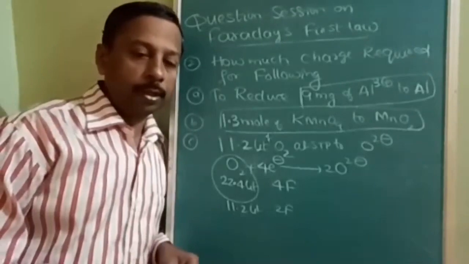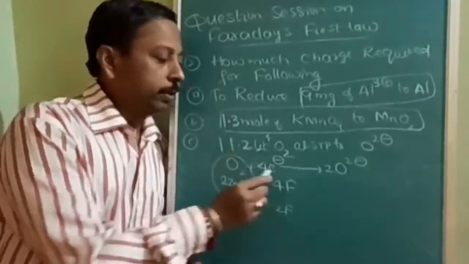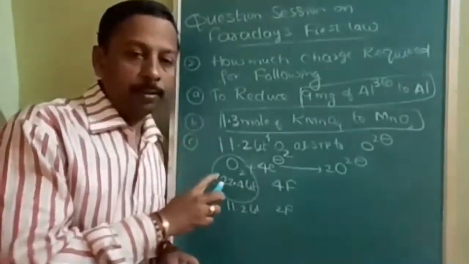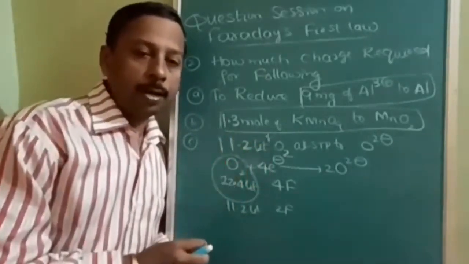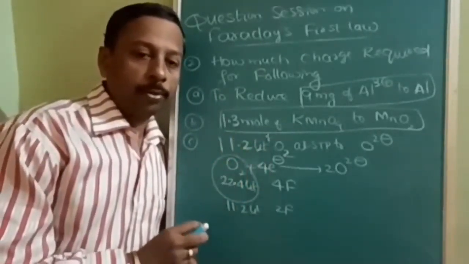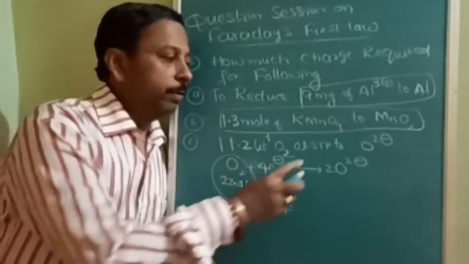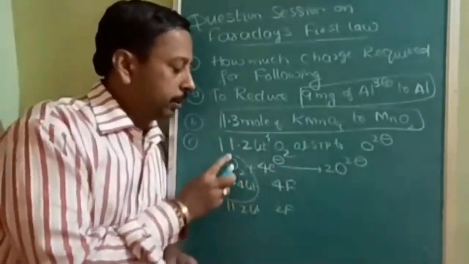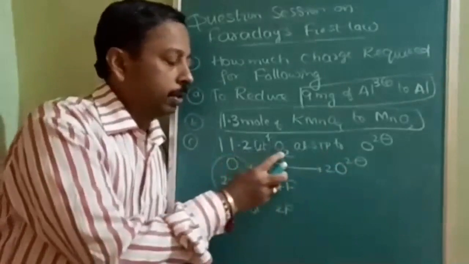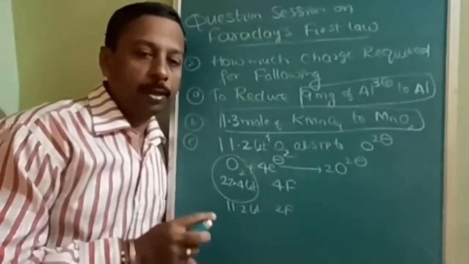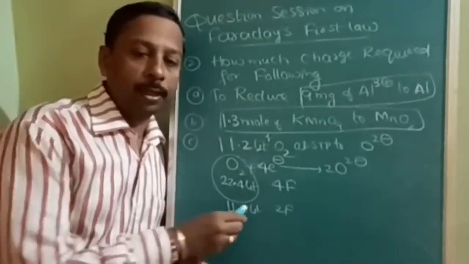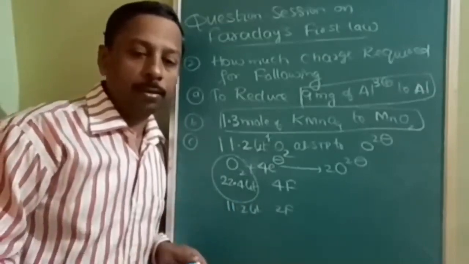If you want to do this by the formula method, not this method, first you will convert this into mass, and you will substitute it in W equals Z Q. Z you will calculate: Z will be the oxygen mass, 32 by 4 into 96500, into Q. Q you will find out. Again, you will get the same answer.